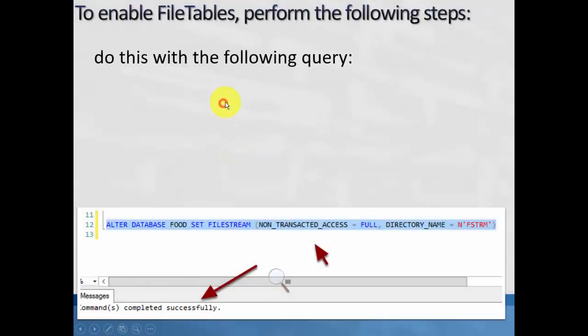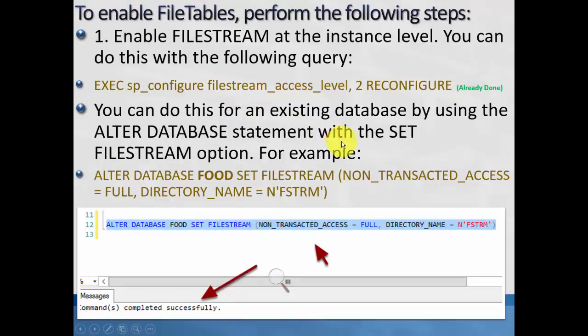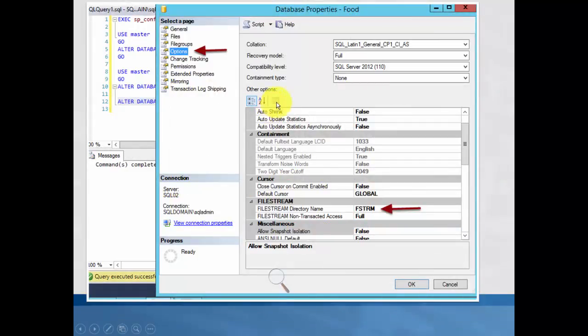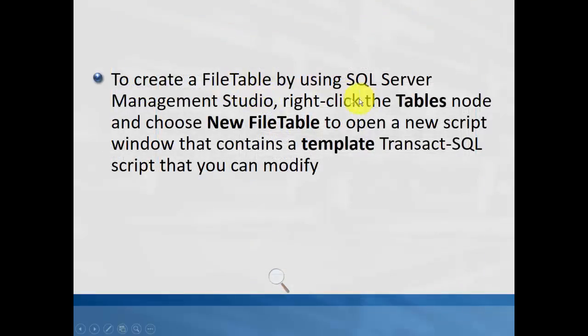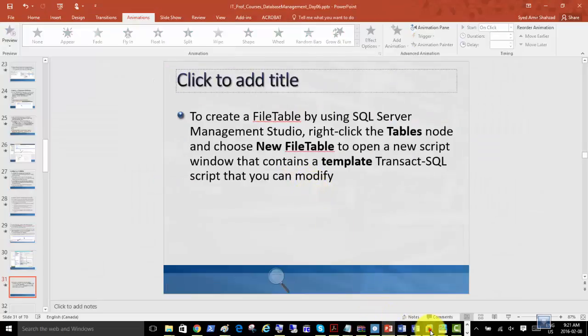So let's just go there. Yep, that's where we try to check FileStream. To create a file table by using SQL Server Management Studio, right-click the Tables node and choose New File Table to open a new script window that contains a template Transact-SQL script that you can modify. So if we wanted to check many of the options that a ready-made script for creating a new file table offers, if I just go back here,